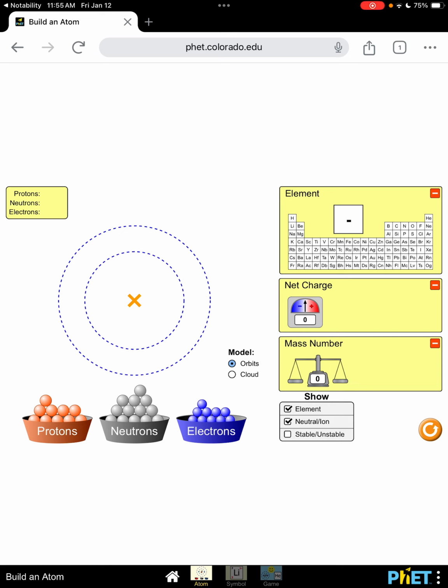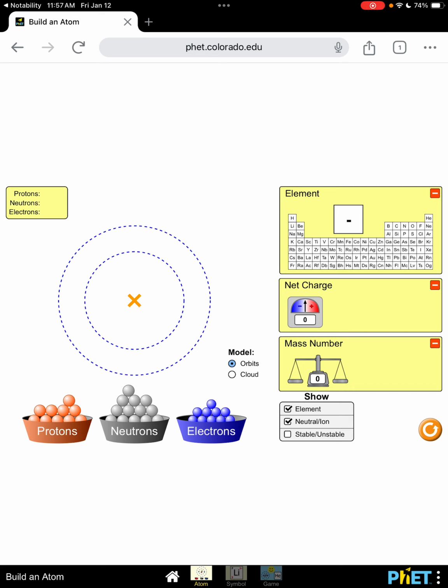So when I put these over here close to the atom, you'll see I have to put them somewhere. And notice where those go to. So this is kind of just a recap of that. Now let's see. Oh, look, the electrons went to the outside in those what we call orbits. You can see there. So just a little bit of kind of going through and double checking what everything contributes,